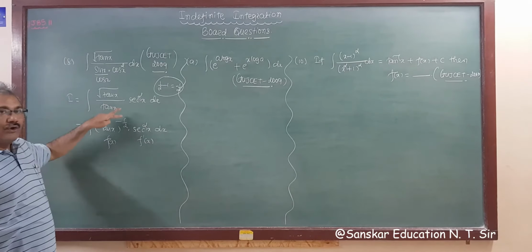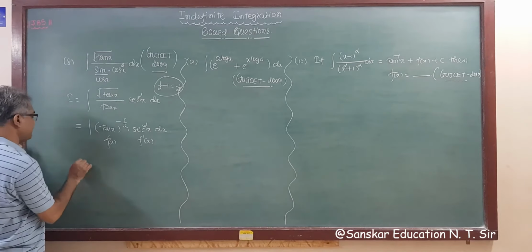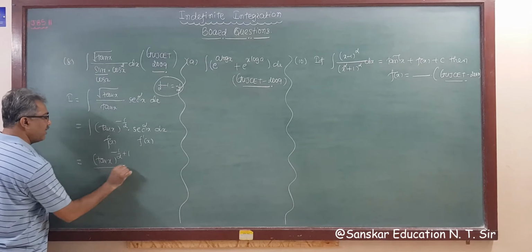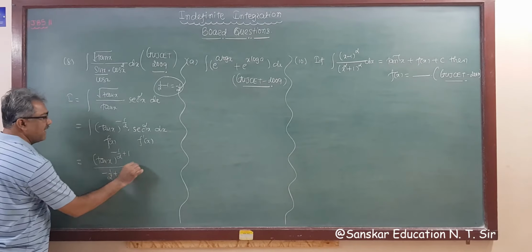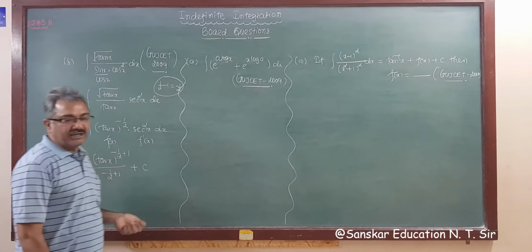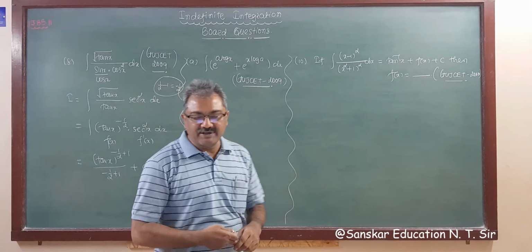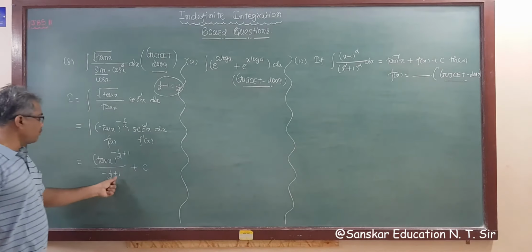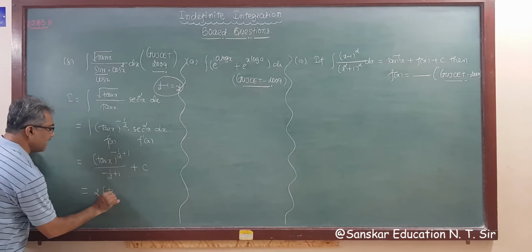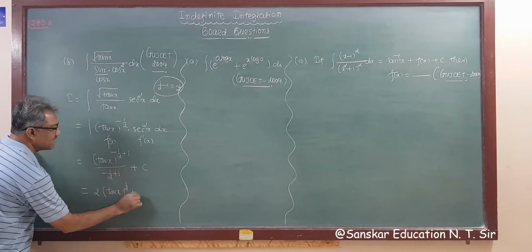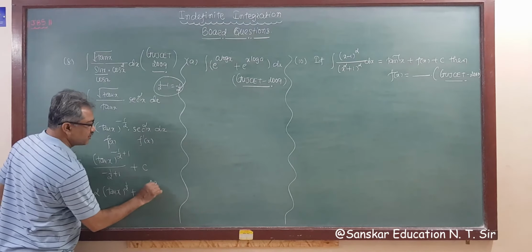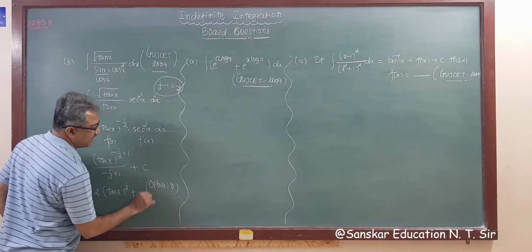So the answer is f(x) raised to n plus 1, one power more, that is tan x raised to minus half plus 1, upon minus half plus 1, and plus c. So that is tan x raised to 1 minus half, which is half, that is root tan x. The proper answer is given in root tan x, and this is 2 minus 1 is 1, and 2 is the LCM. So the answer is 2 times tan x raised to half plus c. So your answer is option D, the correct answer, right? So option D is the correct answer.